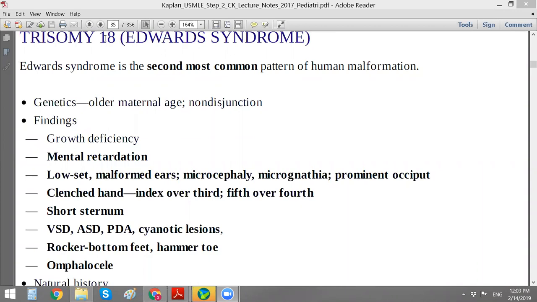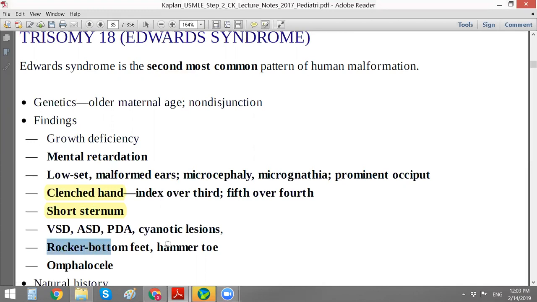So trisomy 18, Edwards syndrome, is the second most common pattern of human malformation after Down syndrome, and it has mental retardation, low set malformed ears, and clenched hand, index over third, fifth over fourth. So the index is over the third and the fifth, like this, and this is the clenched hand. The sternum is short. Then we have VSD, ASD, PDA, cyanotic lesions,